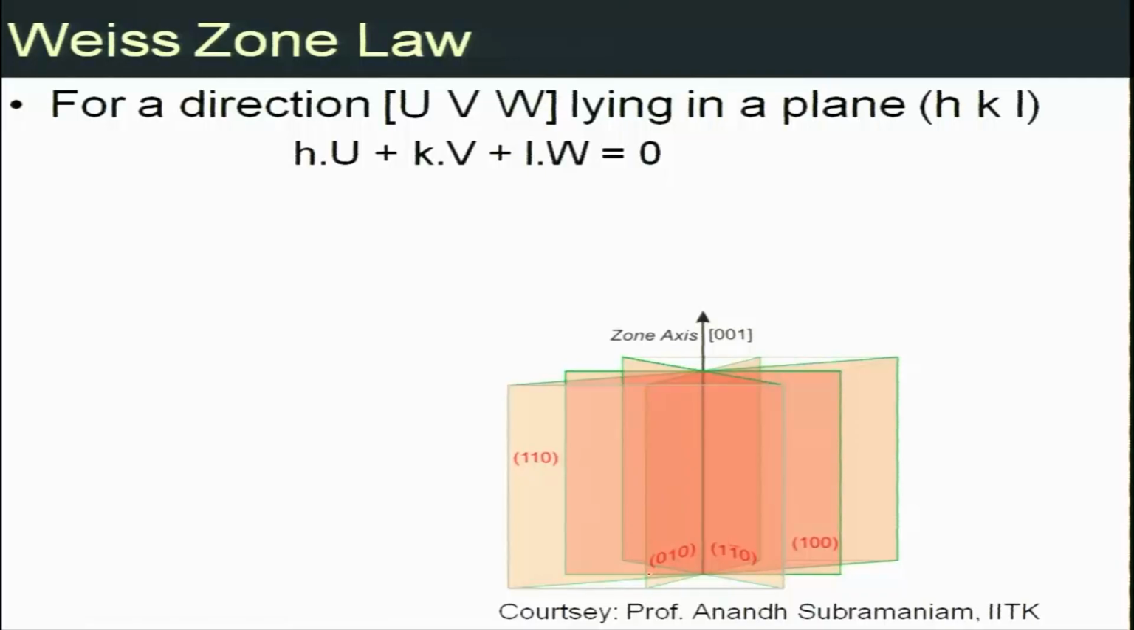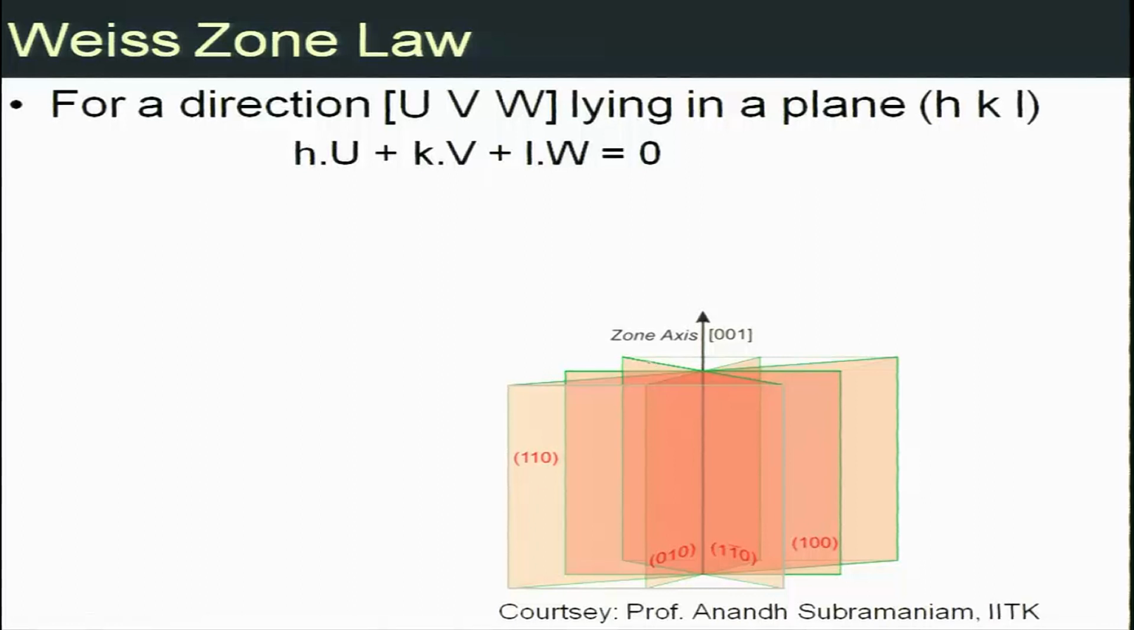So this law says that for a direction UVW lying in a plane HKL, the dot product of the two, H·U plus K·V plus L·W, is equal to 0. So this is called the Weiss zone law. So basically what it means is that